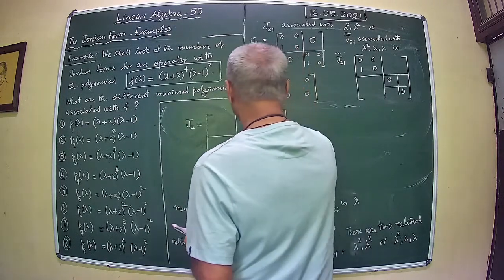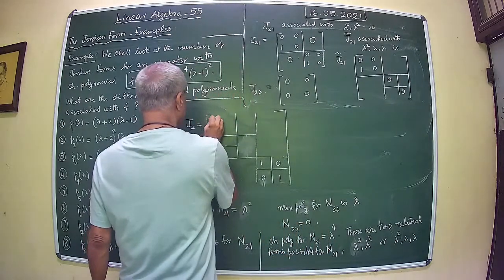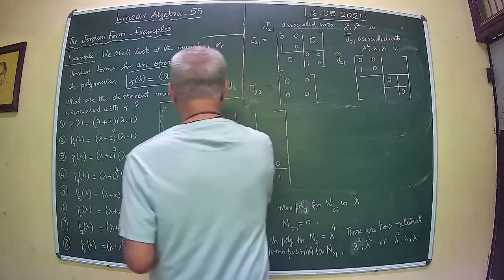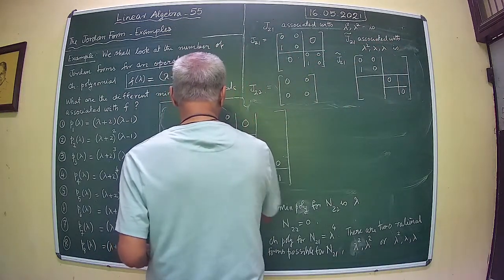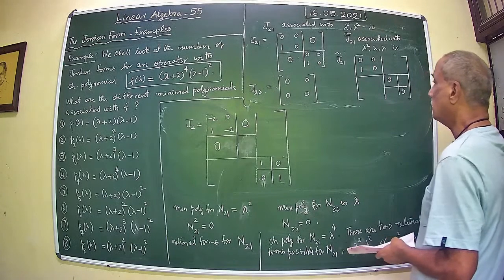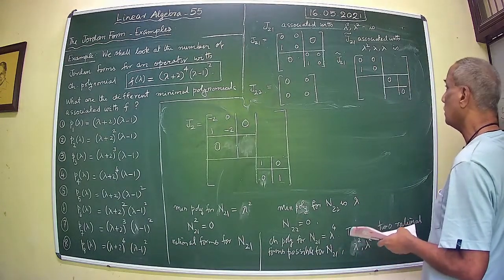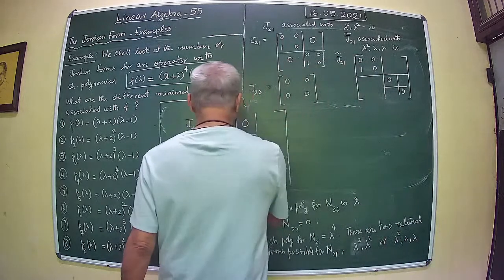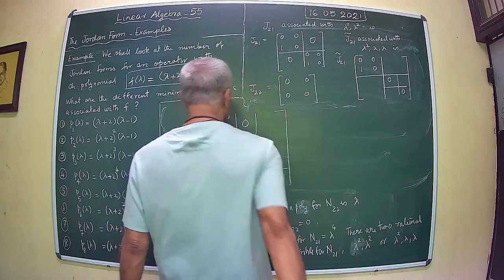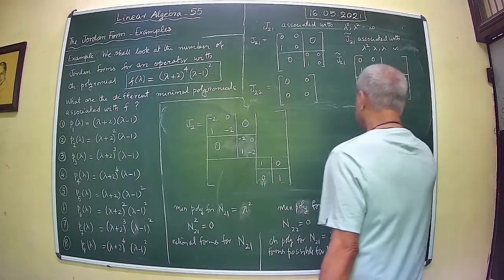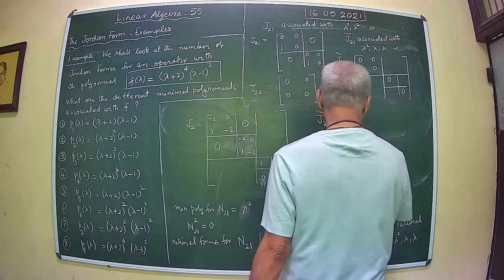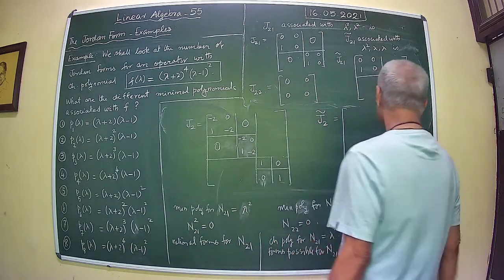So this is going to be minus 2, minus 2, 1, 0, 0, and you have minus 2, minus 2, 0, 1. This is the form. Now J2, let me call this J2 tilde. This is another form that is possible. This is given by